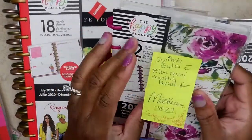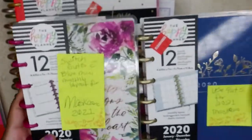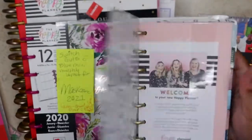Let's do the minis first. Okay, so I had to do sticky notes because, as you can see, it's so many of them. Now, here's your thing. These two minis I'm going to swap around. I'm going to do a little bit of Franken planning, which is like Frankenstein. I'm going to create my own. So I'm going to take the guts